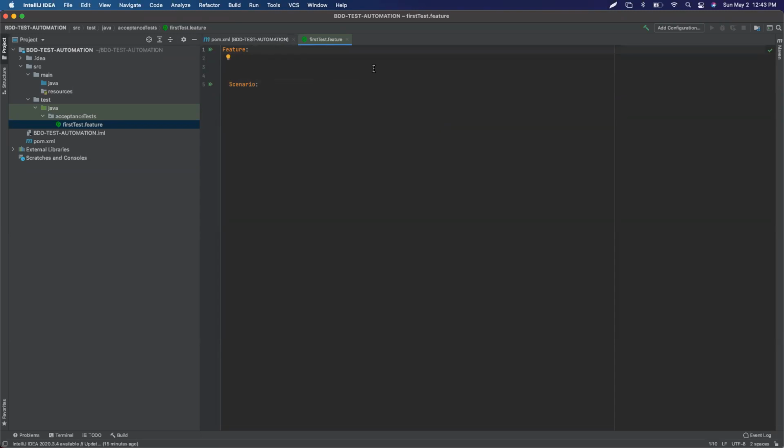Feature number one: the feature is basically what is your objective? What are you trying to do? Think about it like a file header, or a description of your intention, your goal. Whatever you write here is not code, so you can be as descriptive as you need to be. You're going to say, as a user, I would like to search for, and for the first test we're going to be writing Google, so I'm just writing something relevant to that. Search for keywords